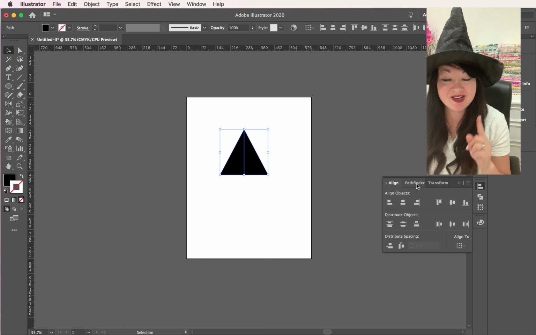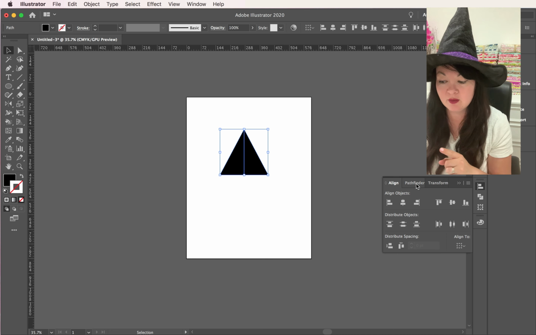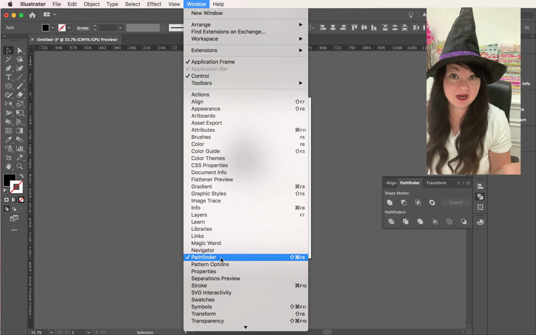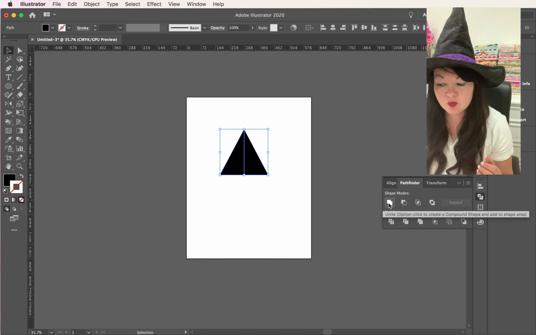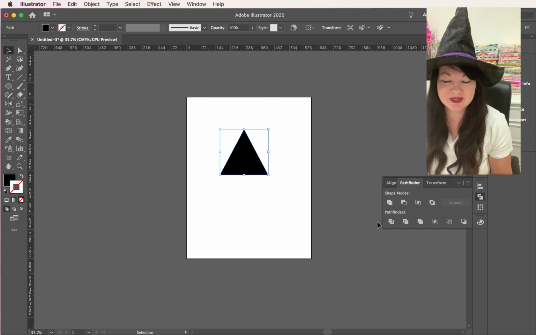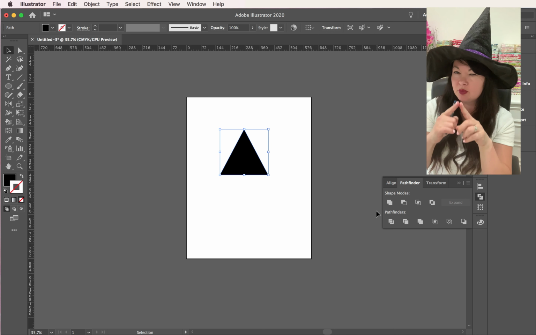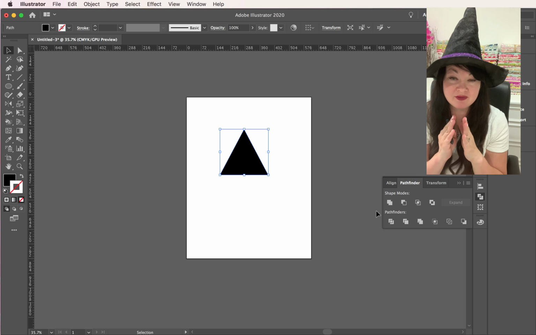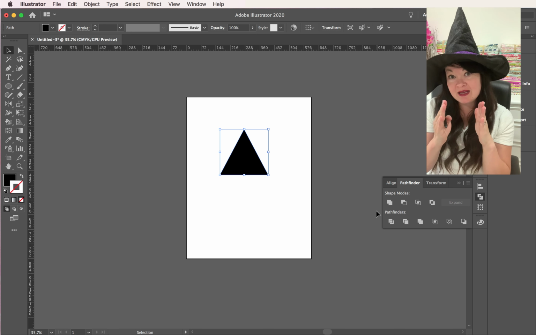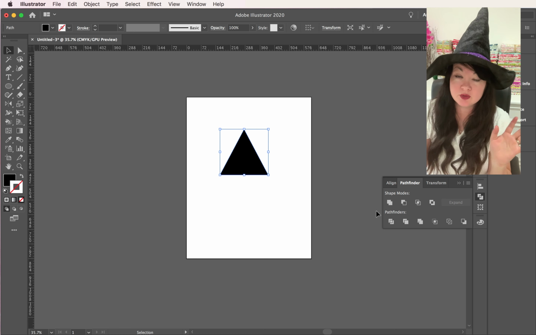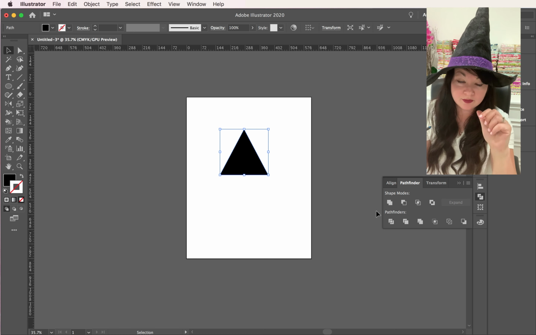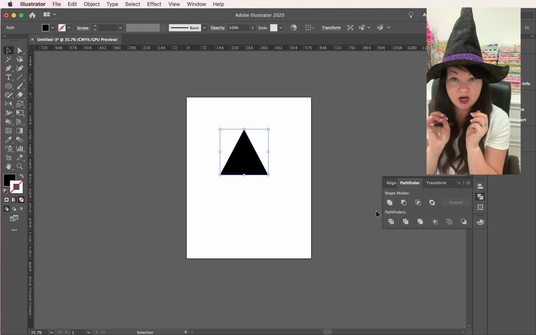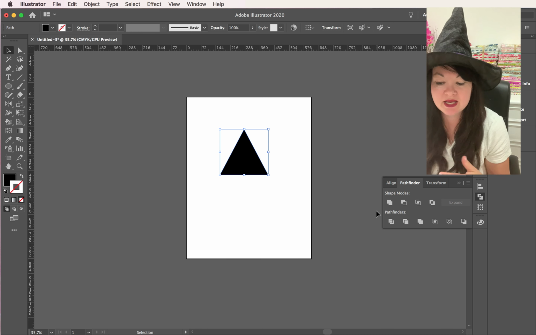So go to your pathfinder right next to your align window. If not, go to Window, Pathfinder, and it'll bring it up that way, okay? And we are going to go ahead and unite these two items. Now, for some reason, you still see a blue line in the middle. What it means is that you haven't pushed them close enough together. So go ahead and do an edit undo, or Control Z, okay? And push them a little bit together with your arrow button until they're overlapped, and you'll get something like